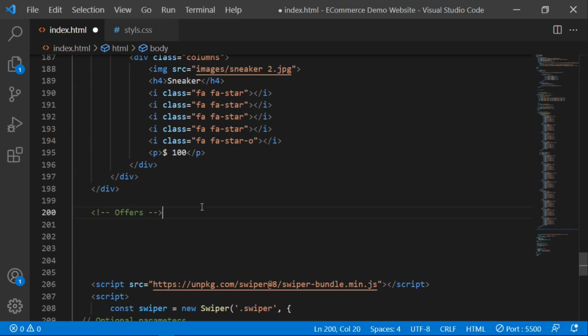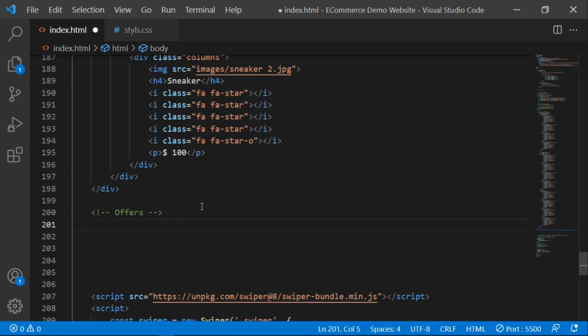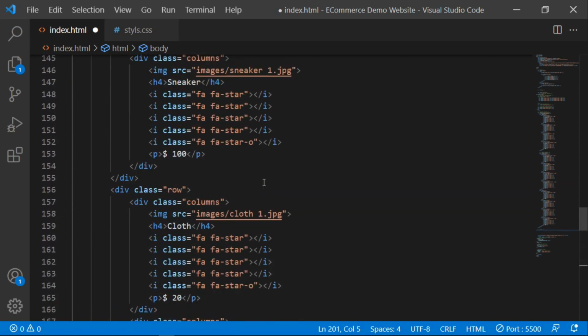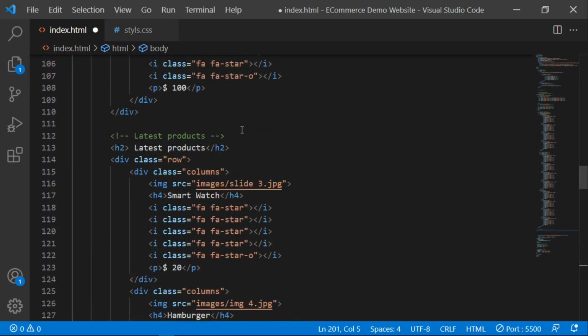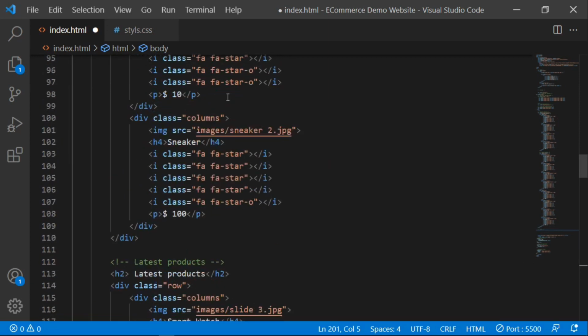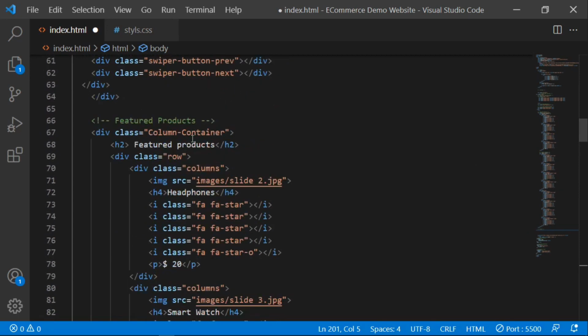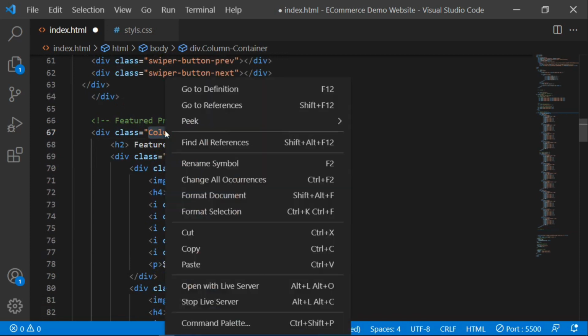And then the class name. First of all, let me just copy this class name here. So the class name here is what? Let me just go to this other section. So the class name is container, column container. Let me just use the same class name, copy,